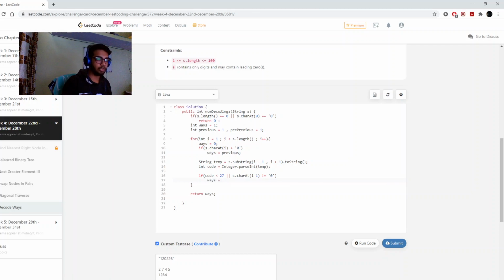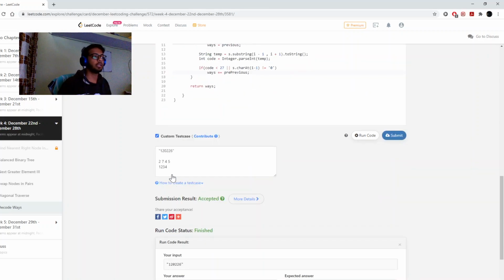By how much do they increase? They increase by my previous value, not the previous value, the value before it. How? Just take this example. So my previous is 1 1, my ways are 1. Here again my previous is 1 1, my ways are 1. Again 1 1 1, it would end.